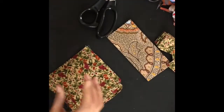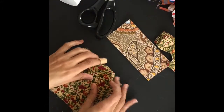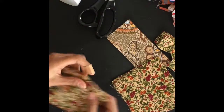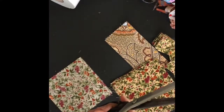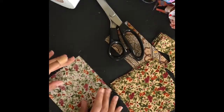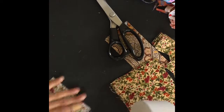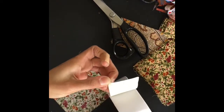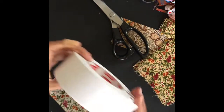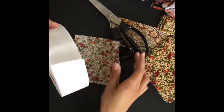Oh, that's scary. Okay. Alright, so yeah, that's tape. So what I'm going to do now is I want to make, I got me some scallop scissors. So I want to make some scallop squares. And I'm going to attempt with this square first. So, fingers crossed, because this feels a lot stickier than the other. So what I'm going to do is I'm going to